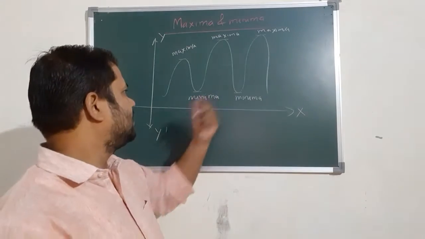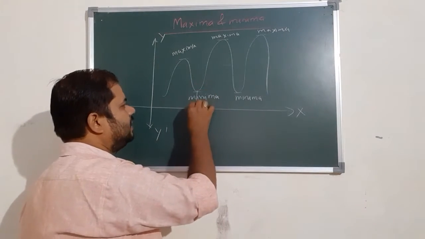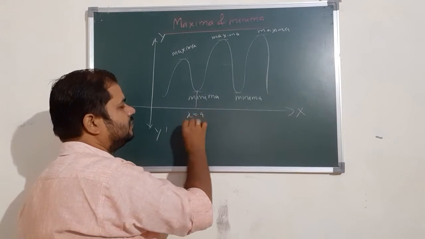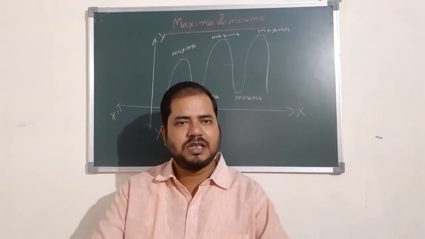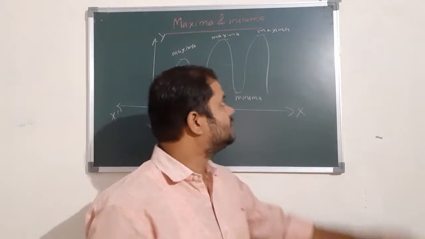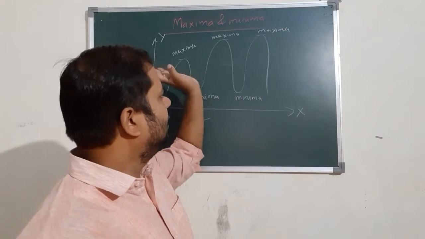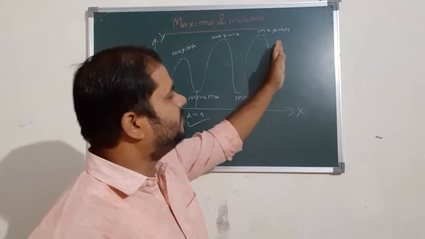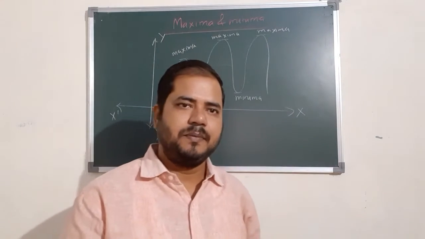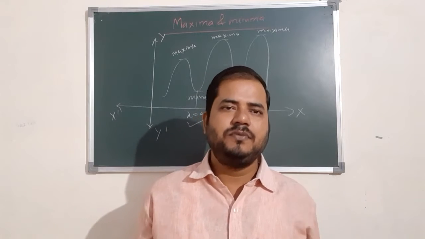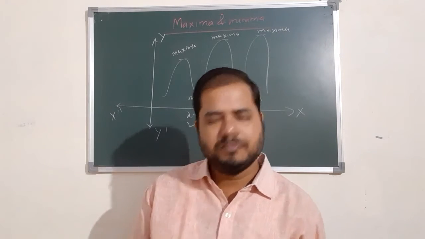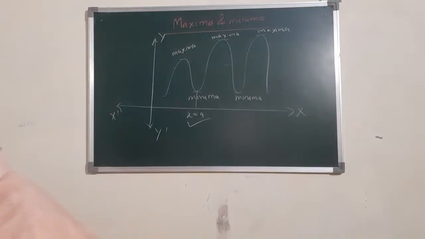If we discuss at a point, then this is local maxima or minima. But if you see the whole function, then this is the maximum. That means there is no point in the boundaries which is greater. So this is the maxima. There are so many tests. First of all we define what is maxima and what is minima, then we see the derivative test.